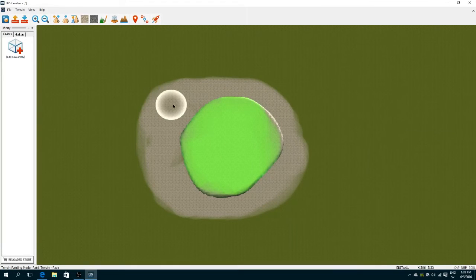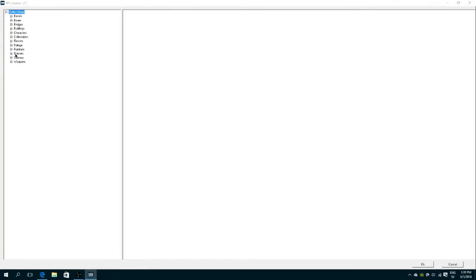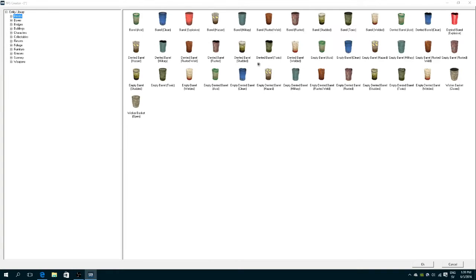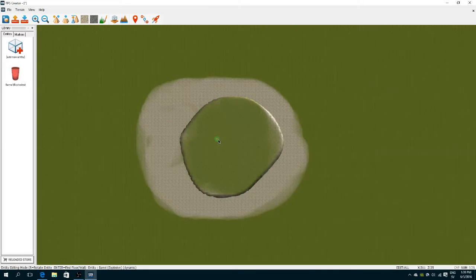So now let's head over to what you guys want, the guns and all that stuff. You just want to click on add new utility, so click on that. Now all of your utilities will pop up. So here are the barrels. You can add an explosive barrel if you want to, like I want one explosive barrel there,